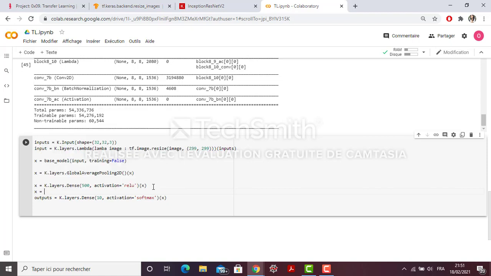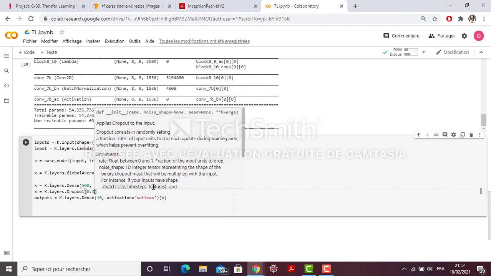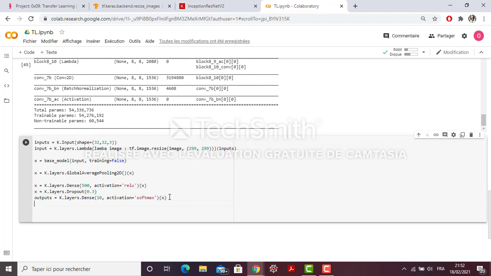I'm going to add a dropout so it won't overfit. I'm going to put it, for example, at 0.3. So these are my layers.